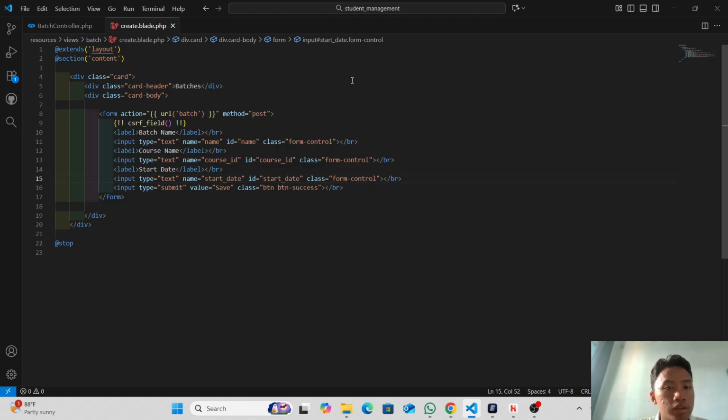We will move to the create page, the post page. Don't forget to change this name, course ID. Where do I get this course ID and name from? From the migration: in the migration you put course ID, so I put course ID.